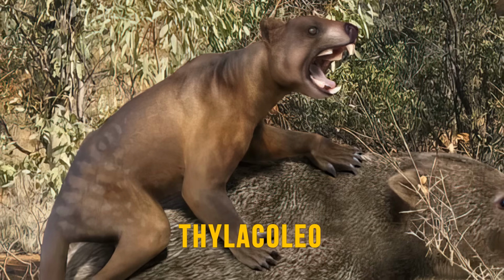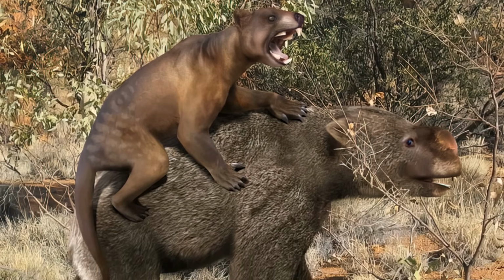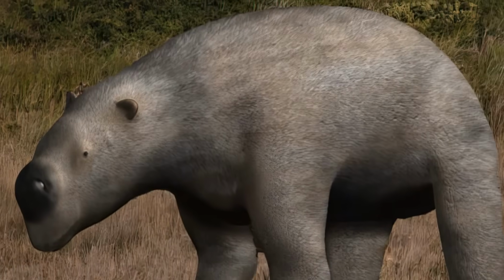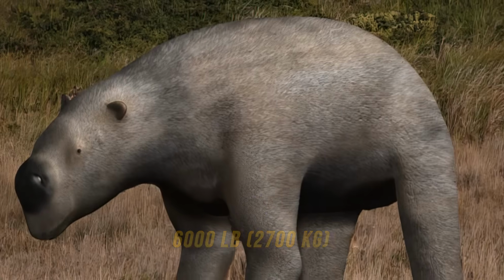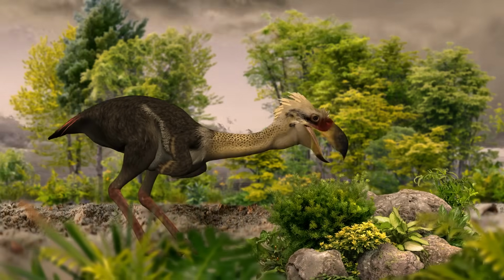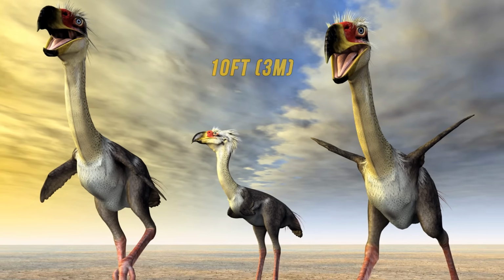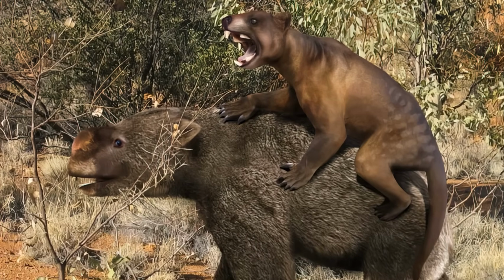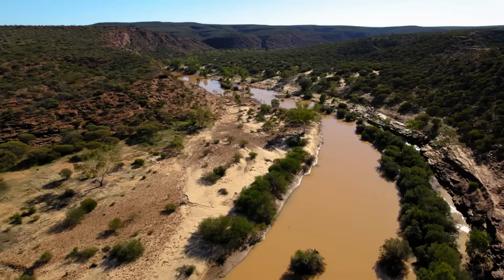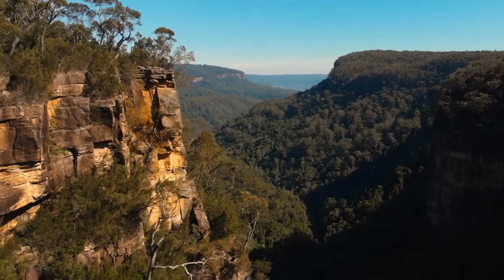The Thylacoleo, also known as the marsupial lion, was a large and powerful carnivorous marsupial. The Diprotodon, which resembled a giant wombat, weighed around 6,000 pounds and was 10 feet long. A further version was of a beaked bunyip covered in feathers related to the Dromornithidae, a bird standing at 10 feet tall. Each of these was from a time when megafauna was more common, and humans lived among them for a short period. Although the age of megafauna in Australia has long passed, there are still animals that adapted to